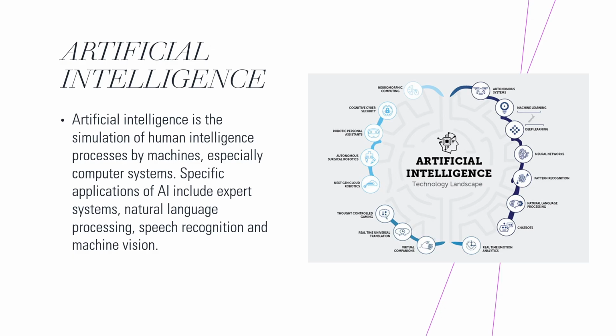Now in AI, most of the time we don't need human intervention. Yes, there are exceptions, but most of the time we don't need human intervention to train the model. Once we train it, it will automatically update itself. But in machine learning, human intervention is needed. Whenever there is an update, I have to retrain the model according to the new data so that it can give new predictions.